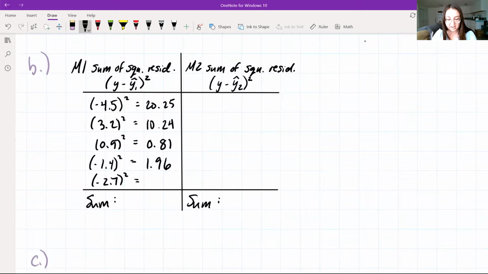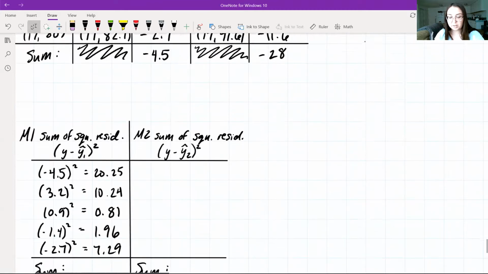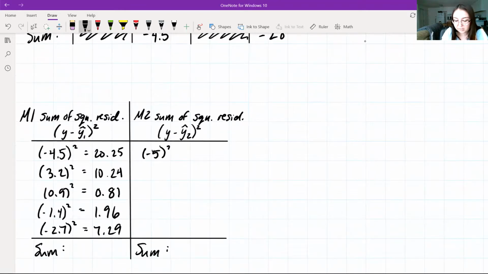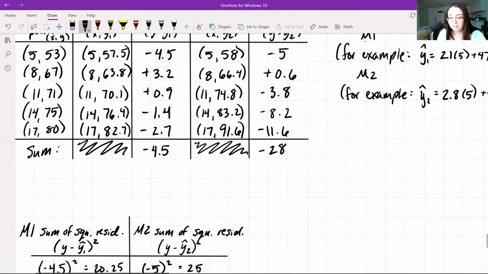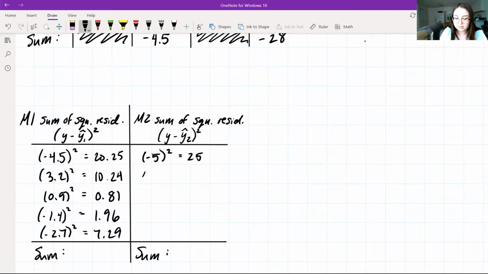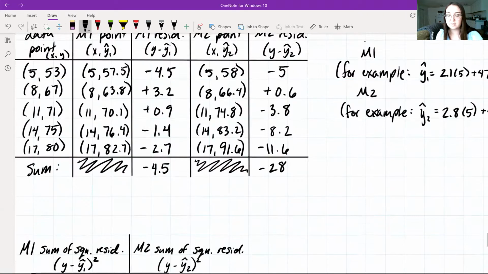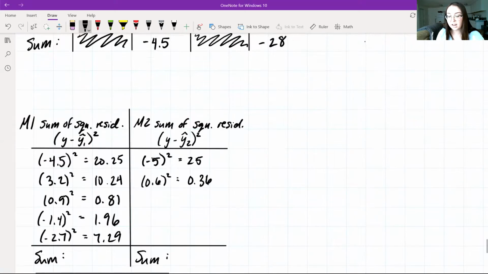So we take negative 2.7 squared, which is going to be 7.29. All right, so let's save our summing for the very end. So let's square our residuals for our Model 2 now. Starting with negative 5, taking negative 5 squared, that's just going to be 25. Then we're going to take 0.6 squared. That will give us 0.36. And we're going to take negative 3.8